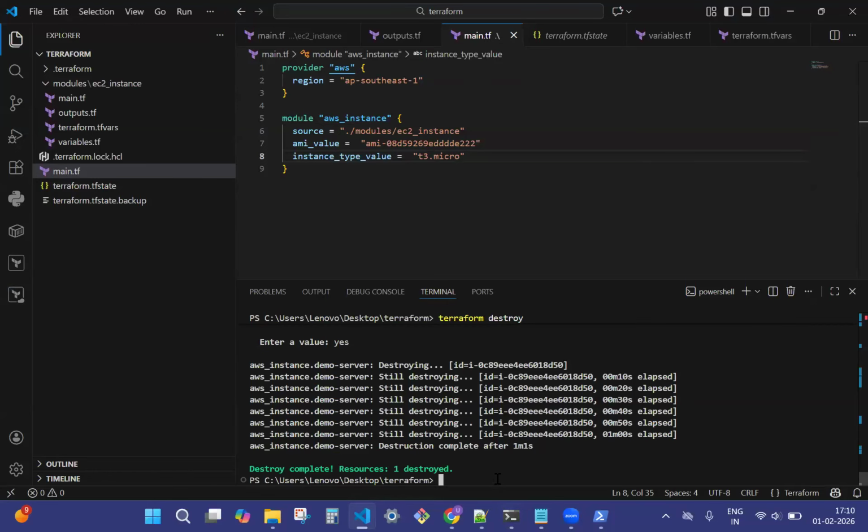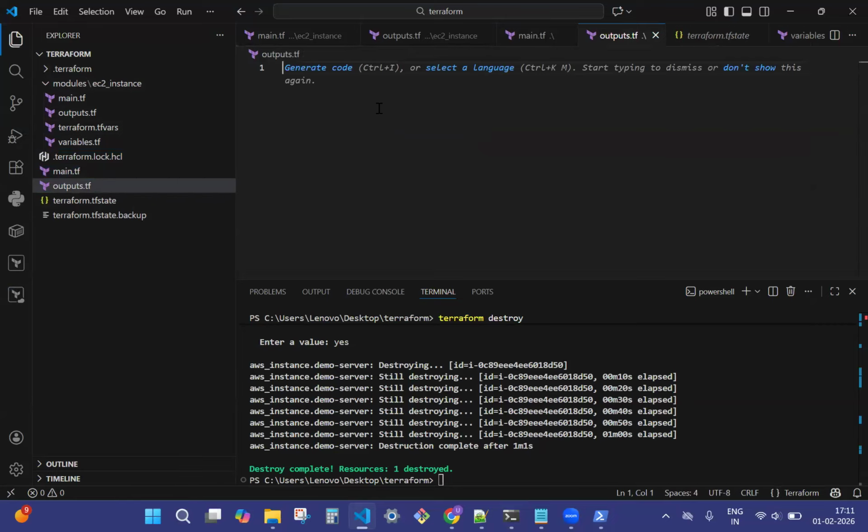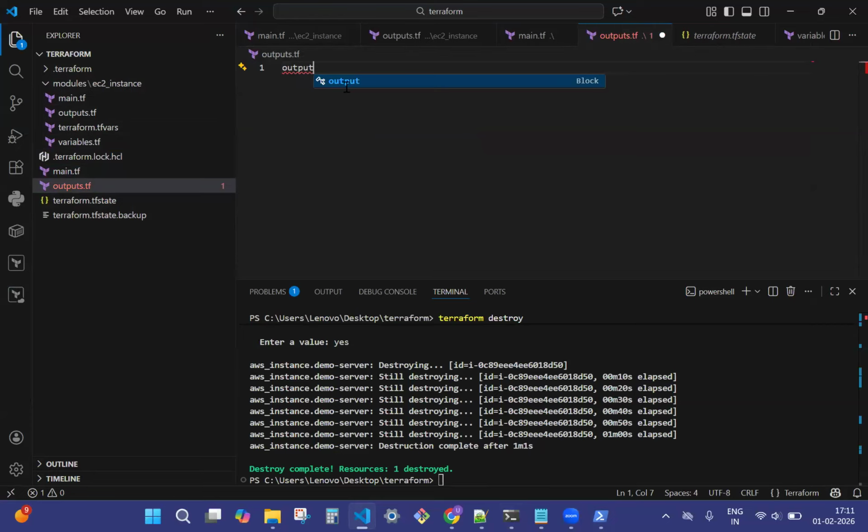Okay, now again come back. Now we will have one more output file, that is the main output. The main is selected, the outside main. And there again click one more file and type outputs dot tf. Now same thing, you copy from that outputs, or you just type output public underscore ip. Inside that you type value is equal to